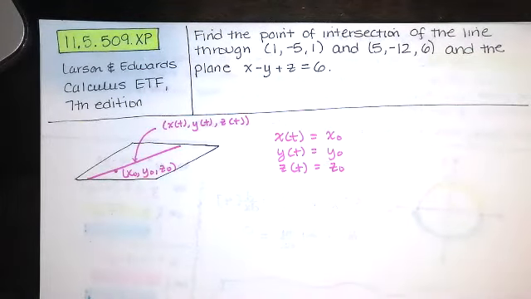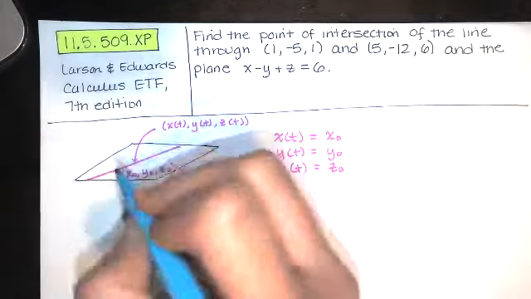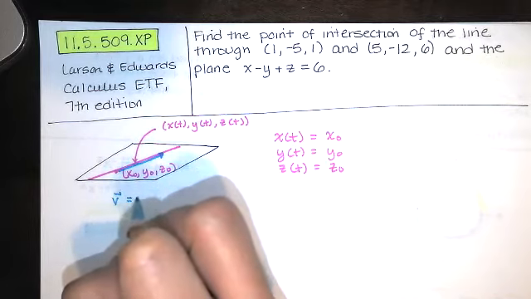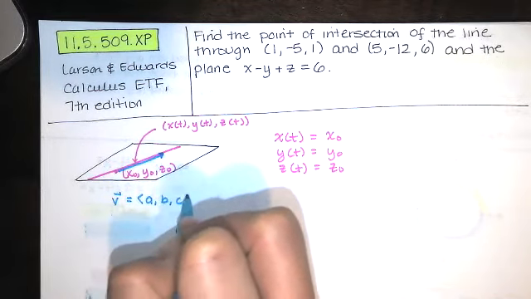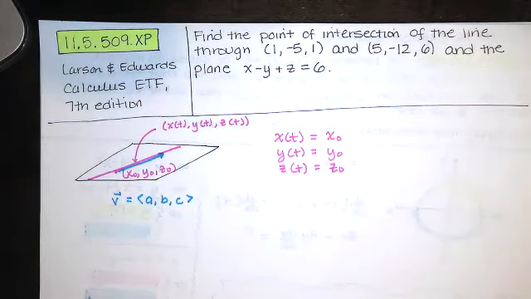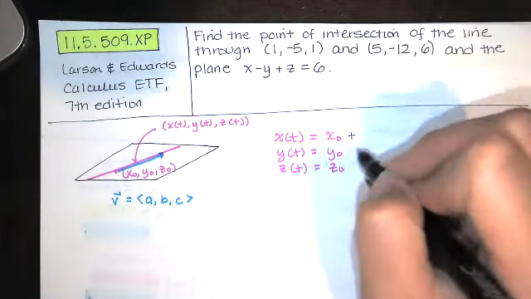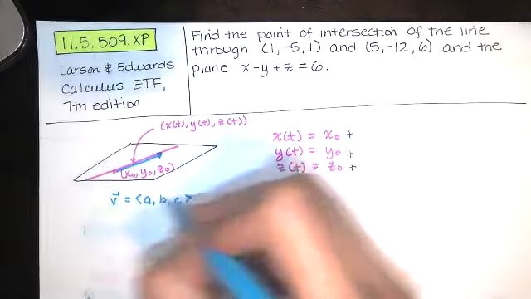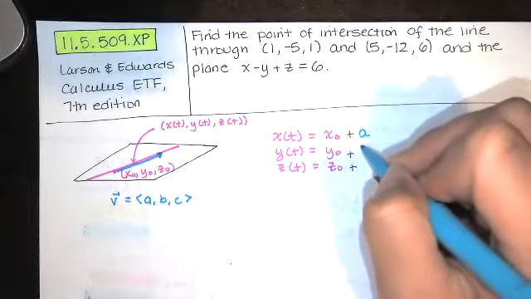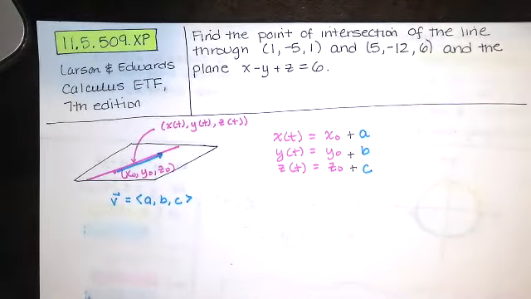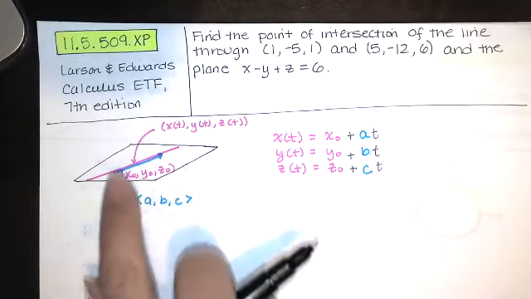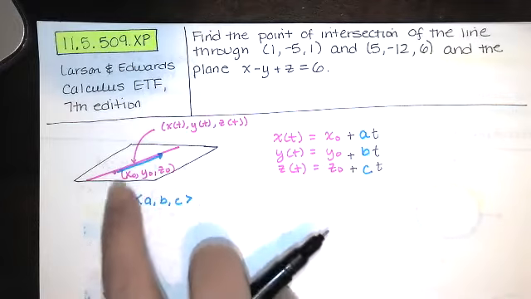And then there's a direction vector associated with this line. Usually we call that direction vector v, and we say it has components a, b, and c. If I take the components a, b, and c of v, and I multiply them by a scalar t, and then I add those to x naught, y naught, and z naught,